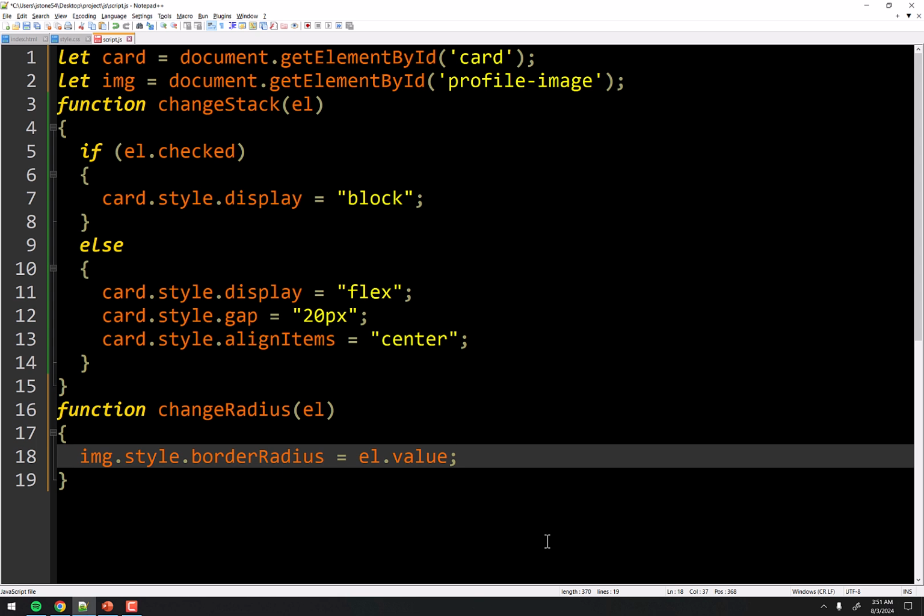We need it to be 12 pixels or 15 pixels. So we have to concatenate on pixels. So now we're saying set the border radius on the image to be whatever the value of the slider is plus pixel. This whole thing is a string, and that's it.